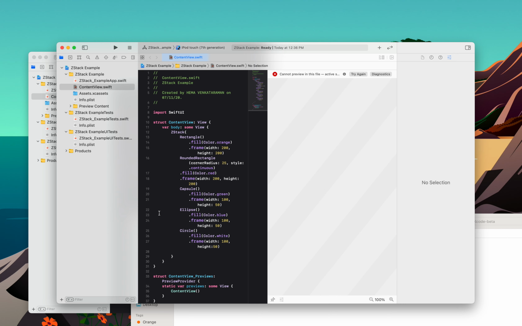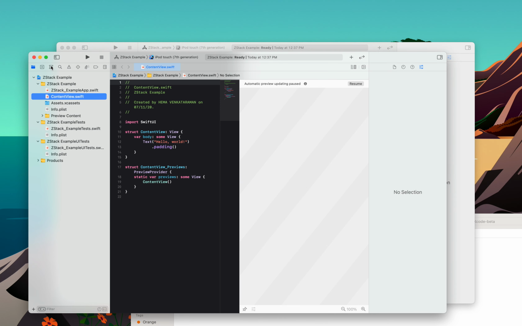As I was saying, this is structure content view. So Z stack, rectangle. These are the various colors you're seeing. Z stack is the one which cannot preview in this file. Why is it so? Okay, so let me just paste it here.